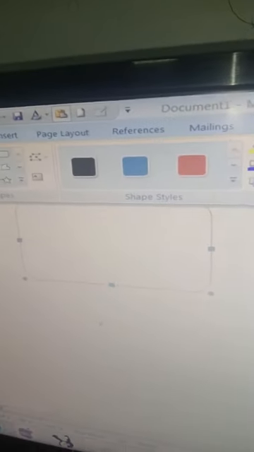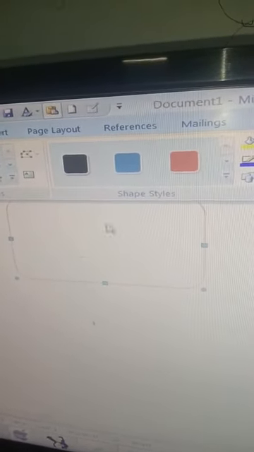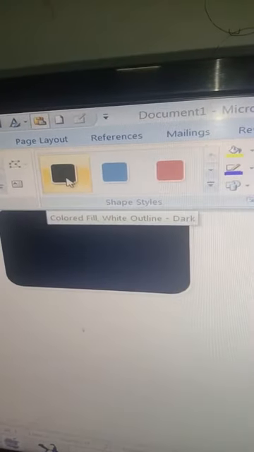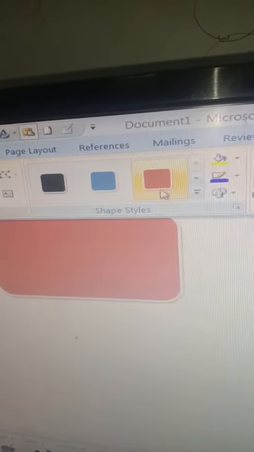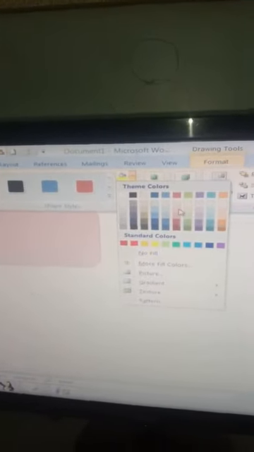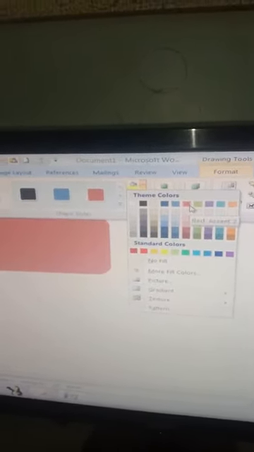In order to apply more formatting effects to the particular shape, move to the Format tab. As soon as you move to the Format tab, different types of options become available. Here we have the option of Shape Styles. As soon as you bring the cursor to any of the shape styles, look over here, it gets converted into that particular style. You can also fill the color inside the box over here. Suppose I want to fill the color red over here. As soon as I click on the red, look over here, the inside of the rounded rectangle is filled with red color.